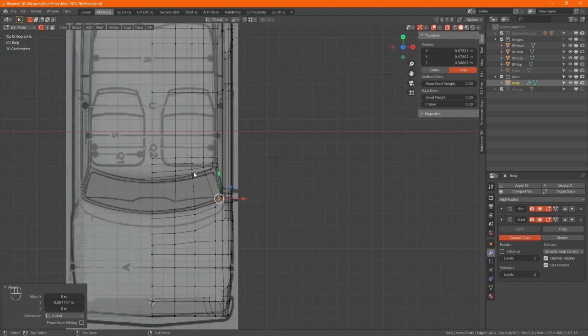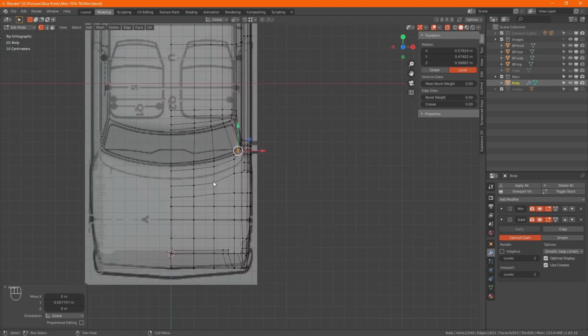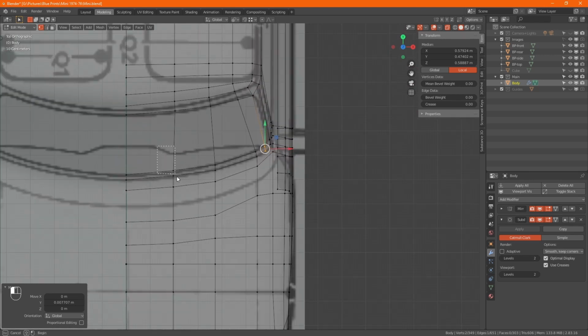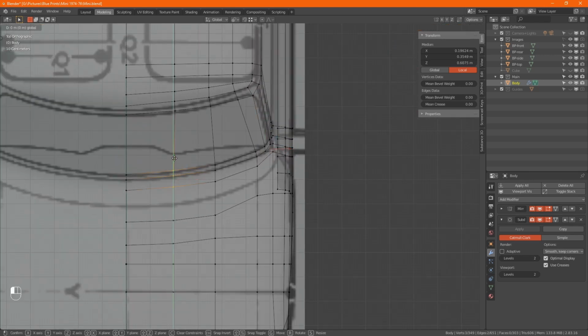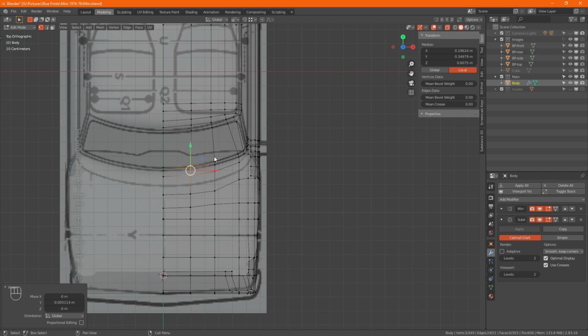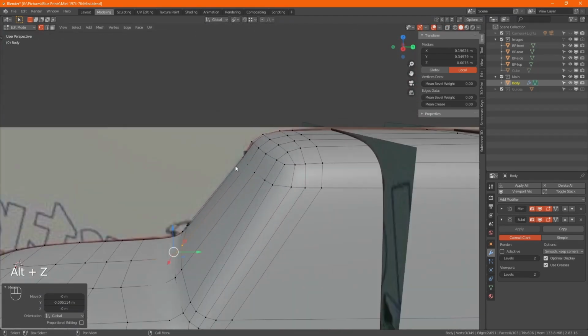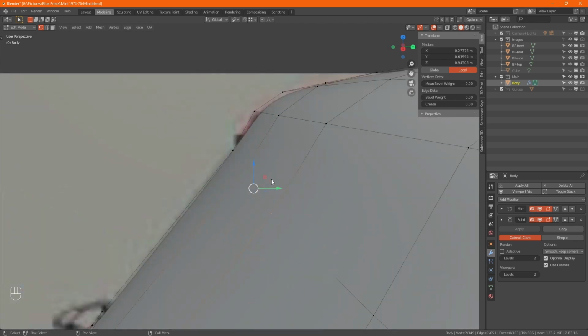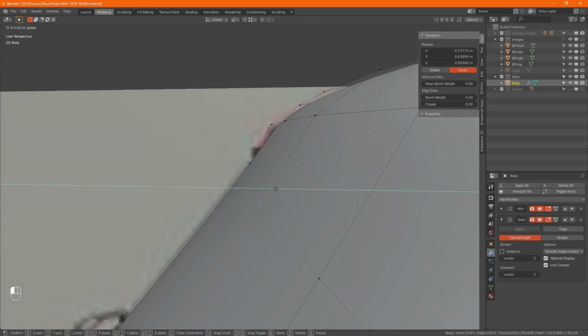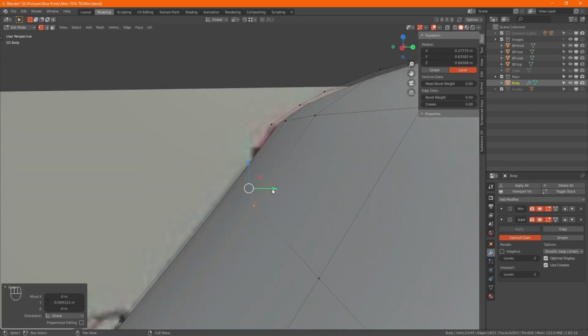Blueprints. Right, hopefully. They look slightly behind there, don't they? So bring them forward.